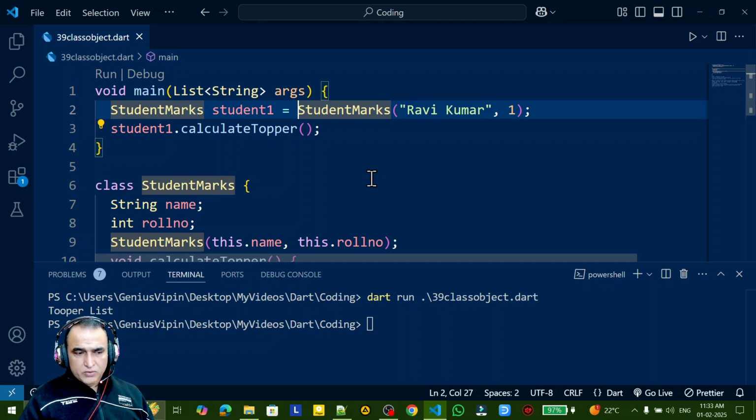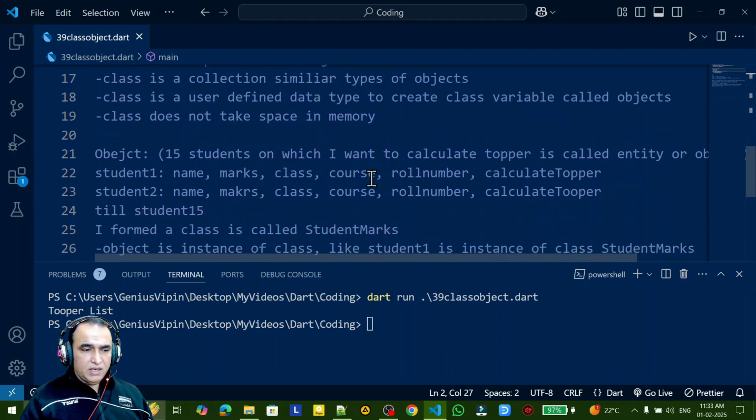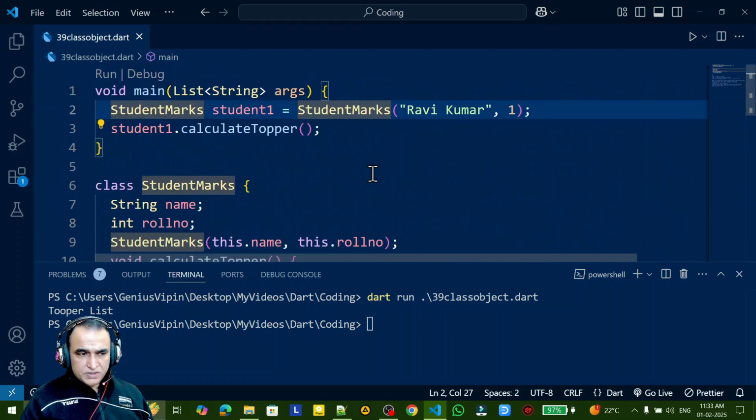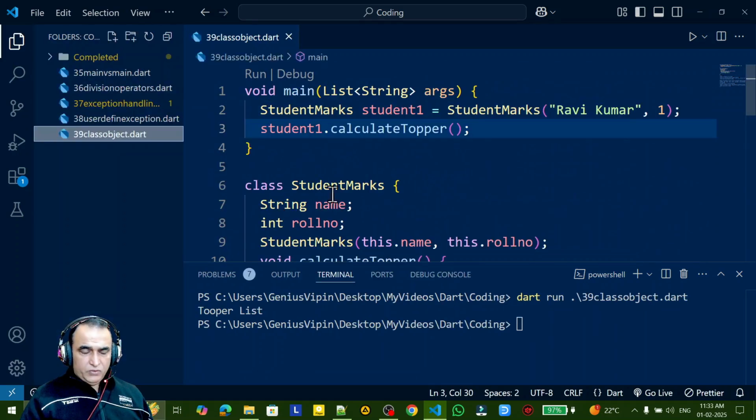So I think now you understand theoretically and practically what a class is, what an object is, and the meaning of that. If you understand each and everything here,